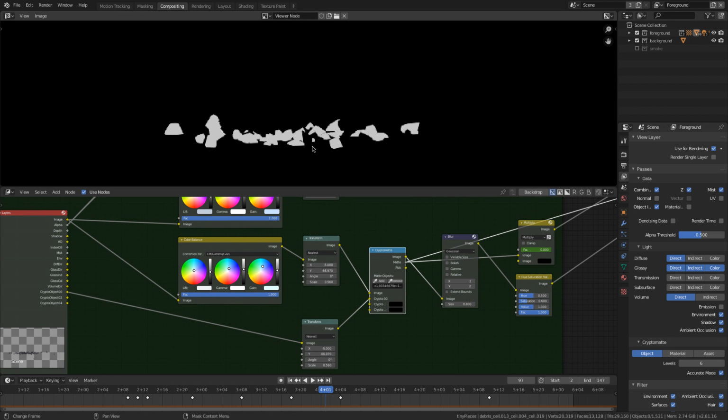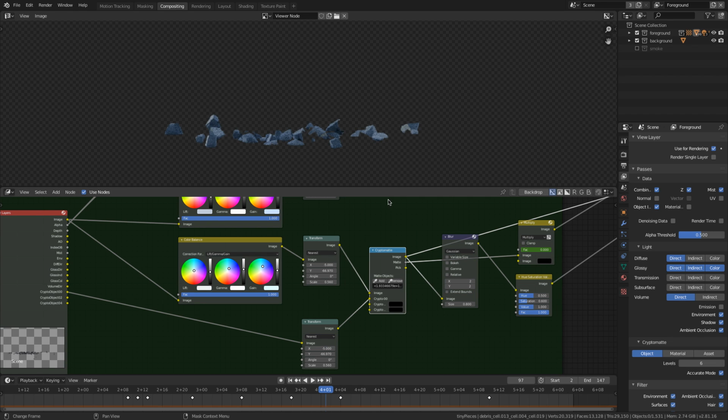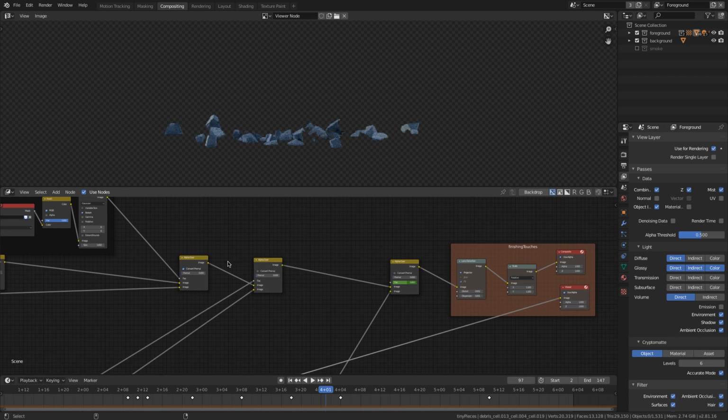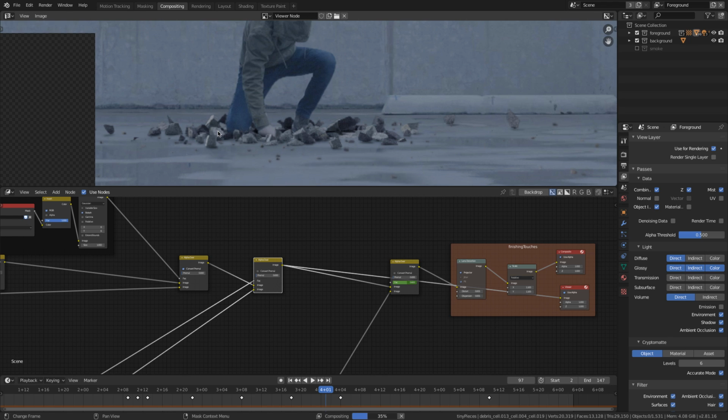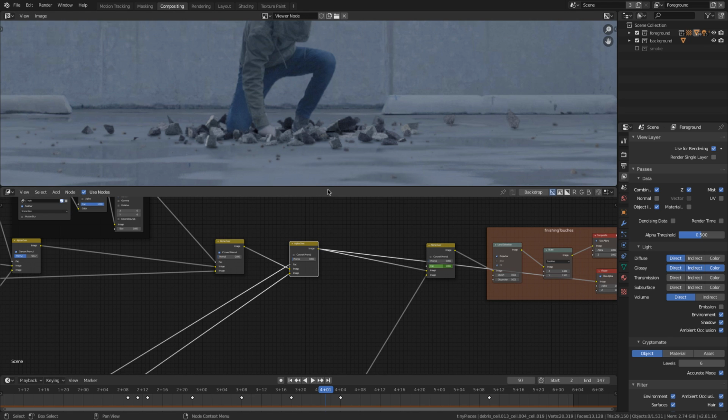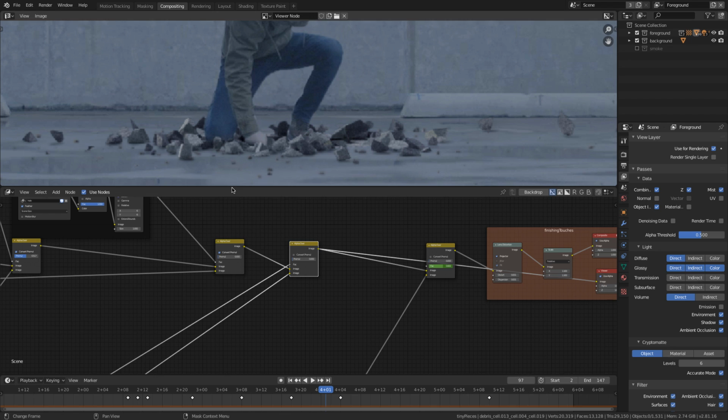It gave me this matte right here, and this image of rocks that I was then able to put over top of my composition here, so that I have foreground rocks over top. Otherwise, I'd have to do a lot of rotoscoping or use an older way of creating a matte out of my 3D objects, and it just made it so much easier to use. So you can see the before and after. Before the Cryptomatte, not very good integration. After the Cryptomatte,